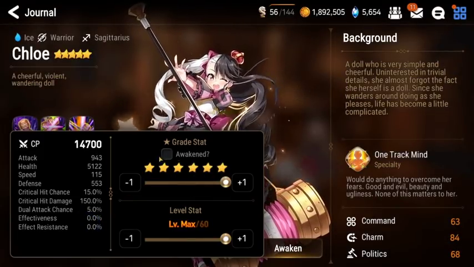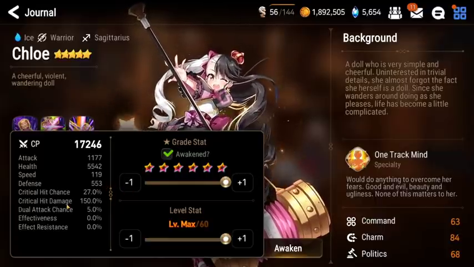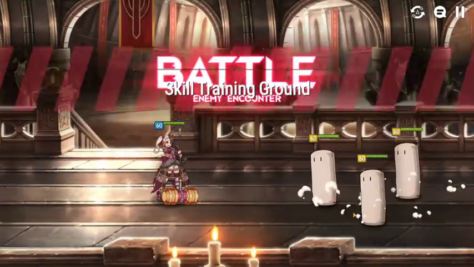Stat-wise, she's okay. The speed is not bad, actually. The speed is actually on the higher side. The attack is the same as Kayron, so that's nice. The defense is better than Kayron's, and the crit rate is actually pretty high. As far as skill set for Chloe, skill 1,